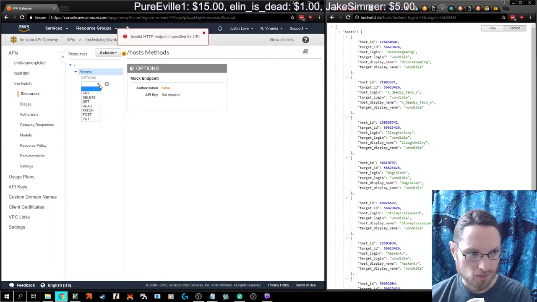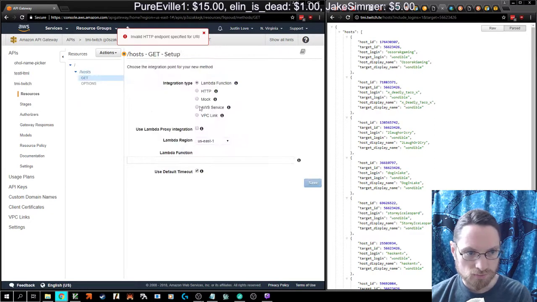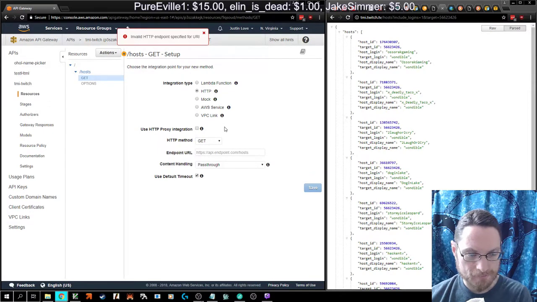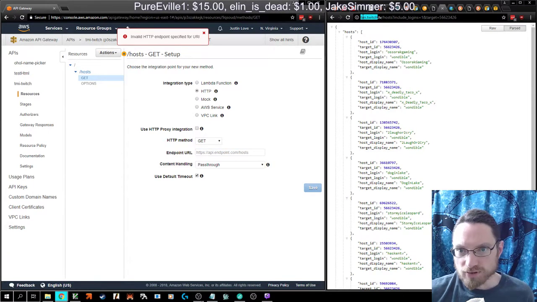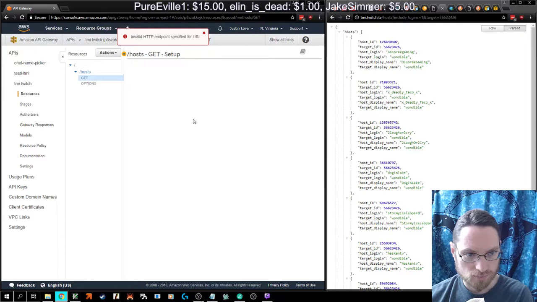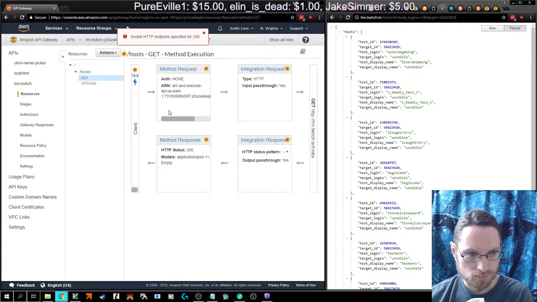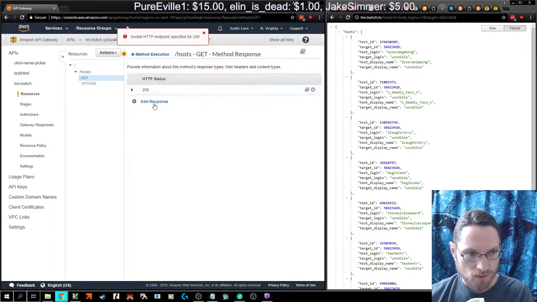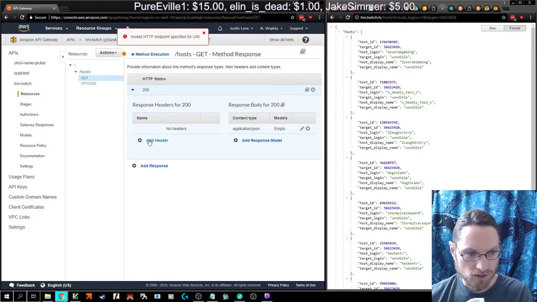Create method get, which is an HTTP, and proxy integration is the thing that was messing me up before. Since this is specifically the host 3 source, we can do the full path. So now you need to also have,